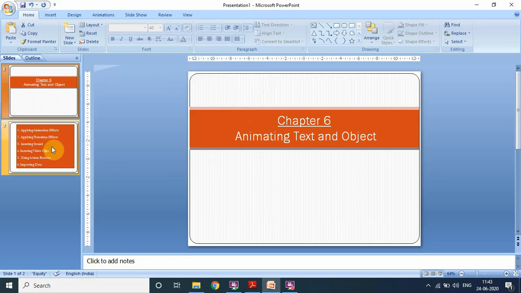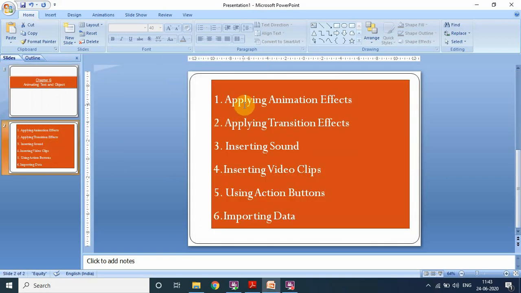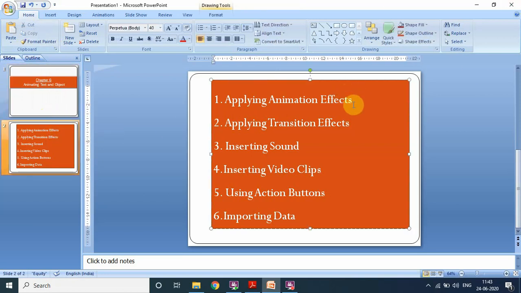In this chapter we are going to focus on how to apply animation effects, how to apply transition effects, how to insert sound and video clips using action buttons, and how to import the data. Right? So first of all, to apply the animation effect, we have to select the object on which